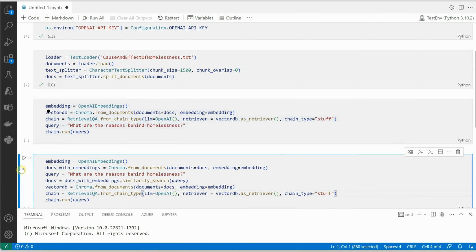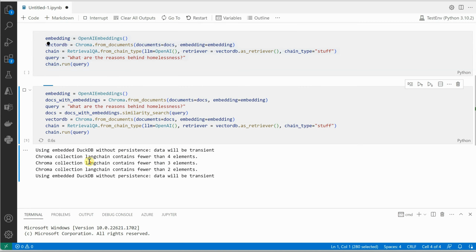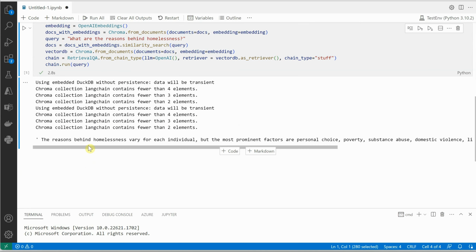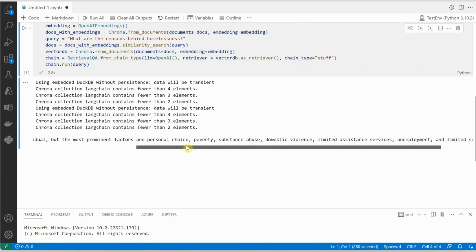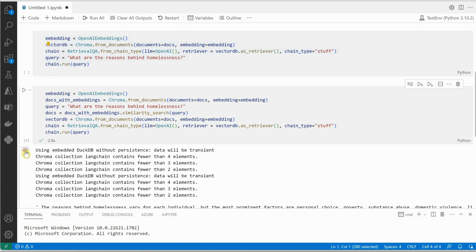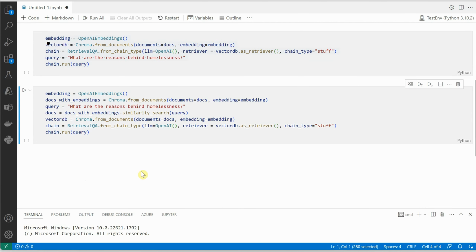So let me run this, and this is the response which it gave you. The reasons behind homelessness vary for each individual, but the most prominent factors are personal choice, poverty, substance abuse, and all these things. So this is the response which we have received. Let me remove it. And the last thing which I want to show you is how to save this embedding,